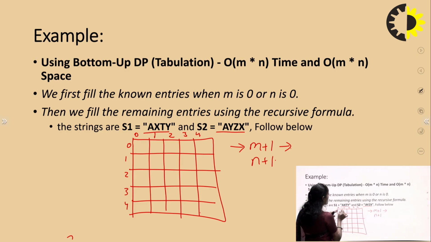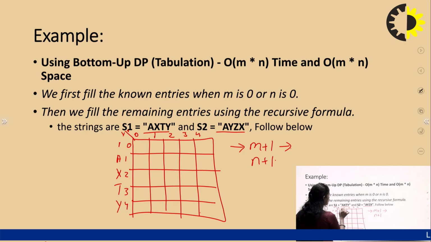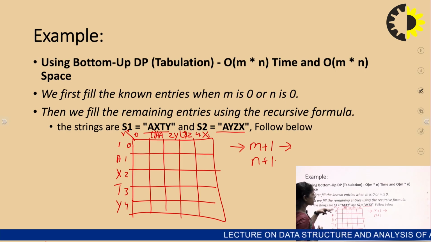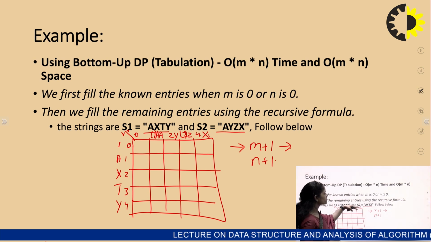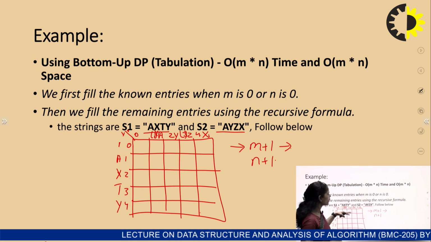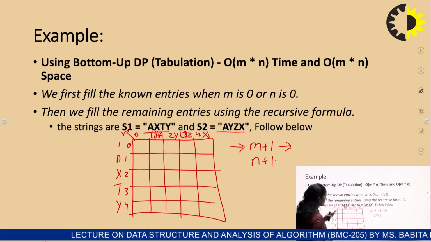Let's say the string 1 is x and this is y. Right? The x is considered as a row and y is considered as a column. So basically here we have x, t and y. Here we have y, z, x, right? So this is the case of implementing the LCS algorithm on the given strings to find the maximum, yeah, we can say the longest common subsequence. How will it work?